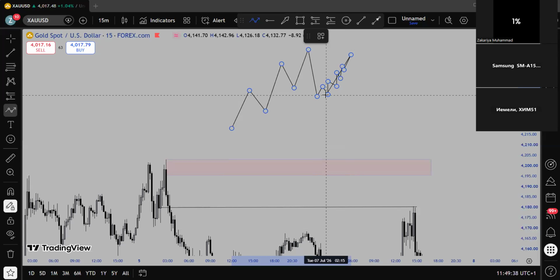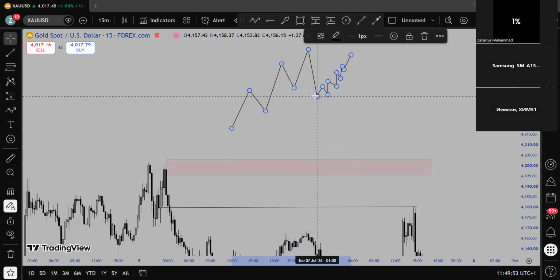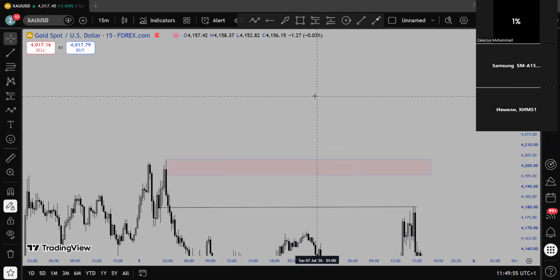Do you know what I meant? Yes, I understand. So even this movement in the lower time frame does not mean it's going to affect the higher time frame. Because it's bullish, that does not mean it's going to change the market to bullish. So if the higher time frame is telling you something, you stick to the higher time frame.